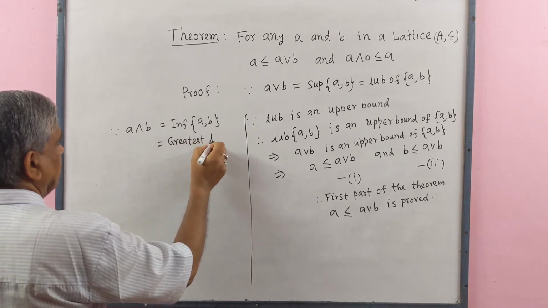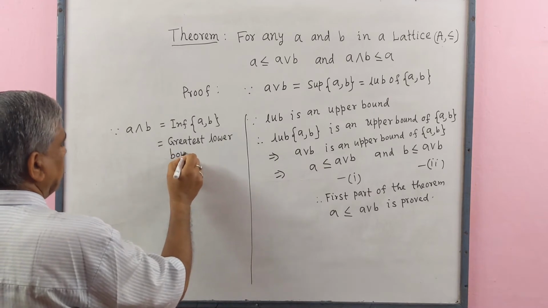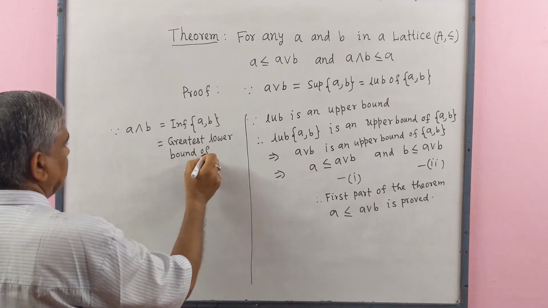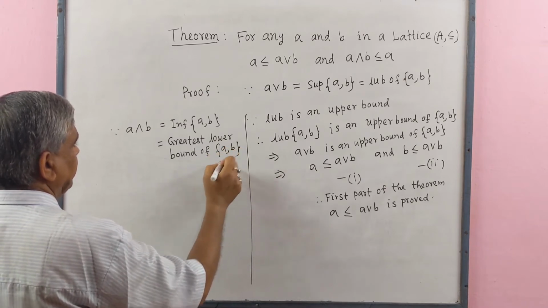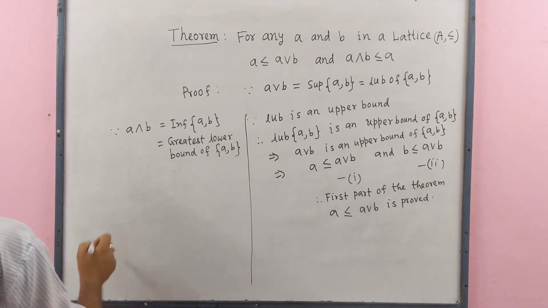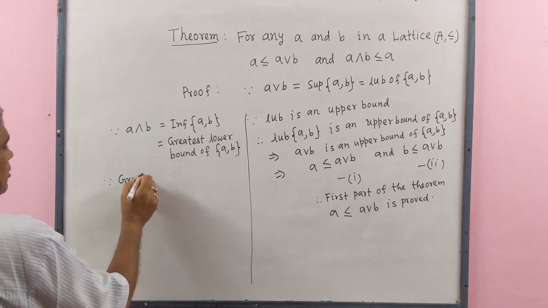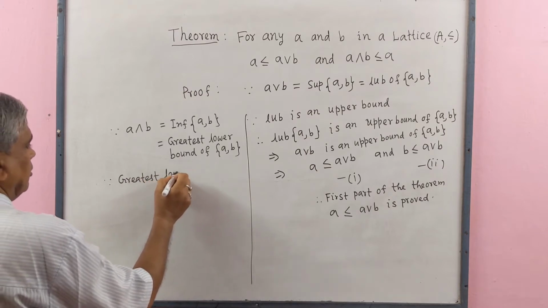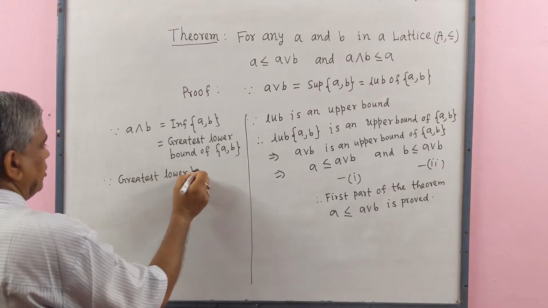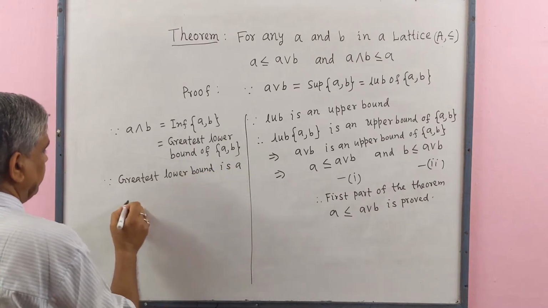Greatest lower bound of the set containing elements A and B. Since greatest lower bound is a lower bound,